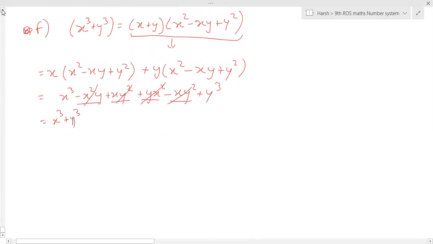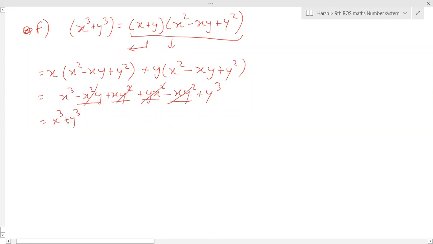This derivation, no school's exam, nothing, nobody will ask you this derivation. This is just for your understanding. I teach you in every class. Nobody will ask you, prove this is equal to this. But if you get confused about what the formula is, then you can immediately see it after multiplying. Yes, sir. Okay.